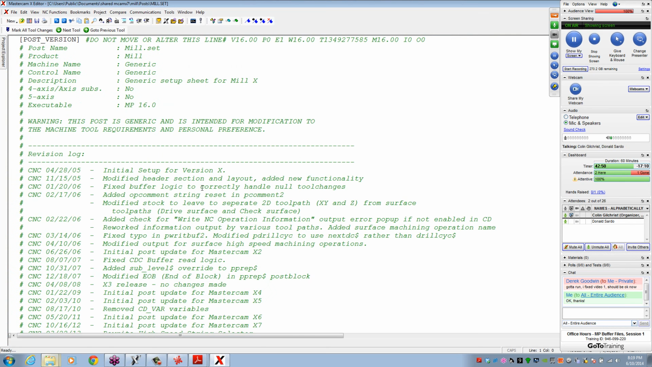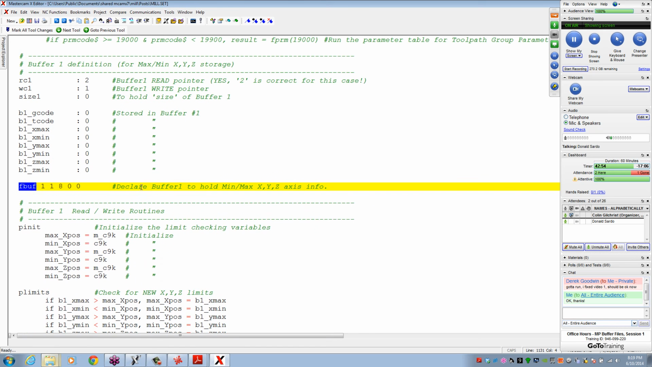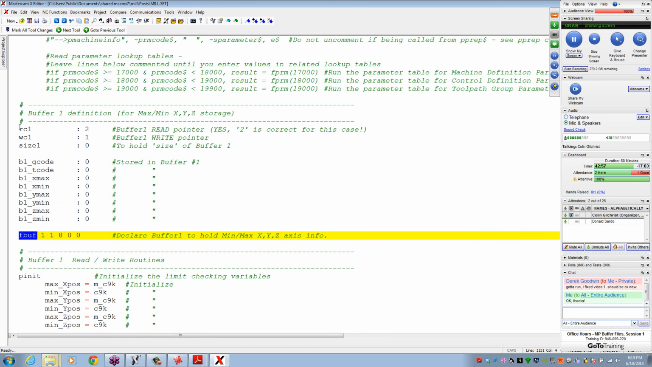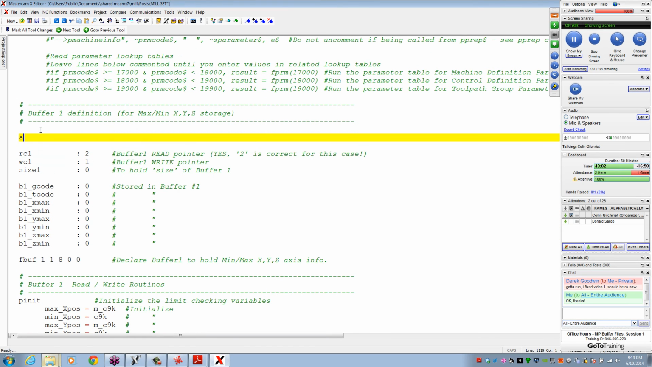mill.set. I'm going to look for fbuff. And what we do is before the buffer declaration, it has to be done before there, we're going to set S, BUF, and then I'm going to do control spacebar. And you can see that we got S buff name 1, S buff name 10, S buff name 2, 3, 4, 5, all the way through 9. So these are the 10 different buffer names. So I'm going to set S buff name 1, and we're going to set that equal to